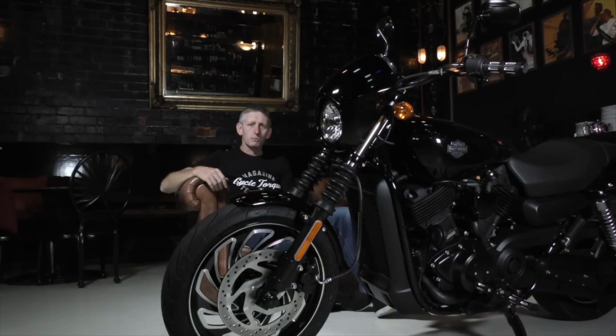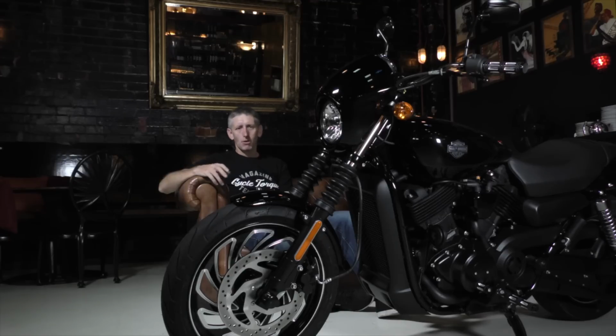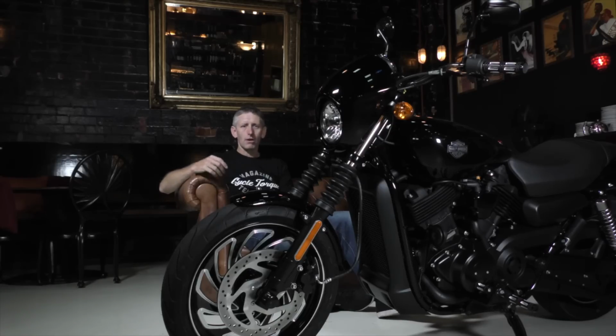The Street 500 is built for urban use. It really suits the urban hipster, somebody who might want to modify their bike up. I mean, straight out of the crate, you won't mind riding it. It looks really nice, but it really does suit changing it, modifying it, getting into the Harley catalogue, maybe even taking it to a custom bike builder and making it your own. And once it is your own, you'll really enjoy getting it around the city, getting through the suburbs and enjoying life on the road,